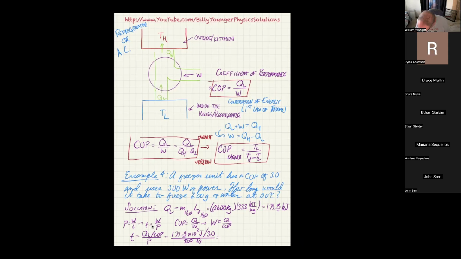It's 199.8 e to the third divided by parentheses 3 times 300, close parentheses. Now that gives me 222 seconds. That makes much more sense. I was like, it shouldn't be that small. That gives me 222 seconds, and 3 minutes is 180 seconds, so that would give me 2 minutes and 42 seconds. So that's pretty fast to make ice out of 600 grams of water. Anybody have any questions on that?